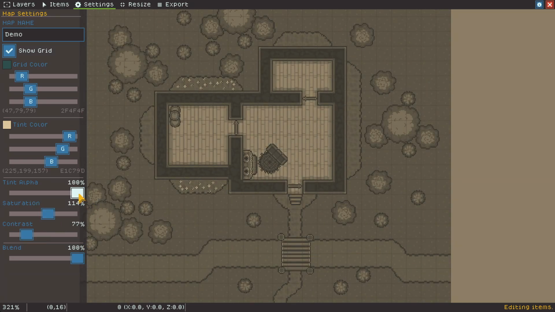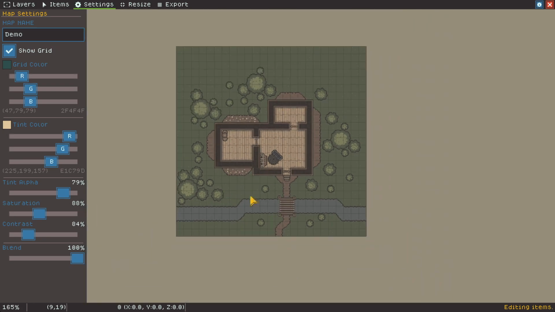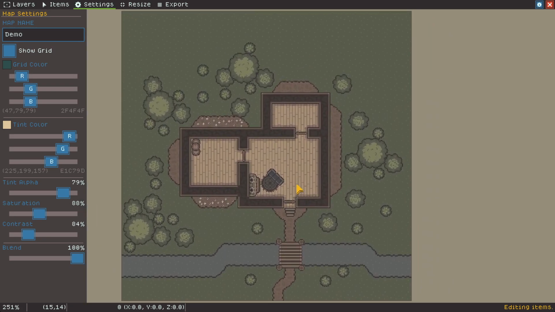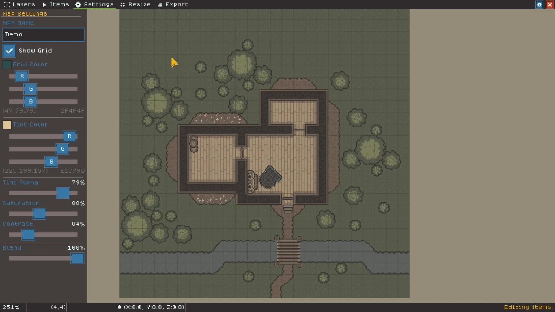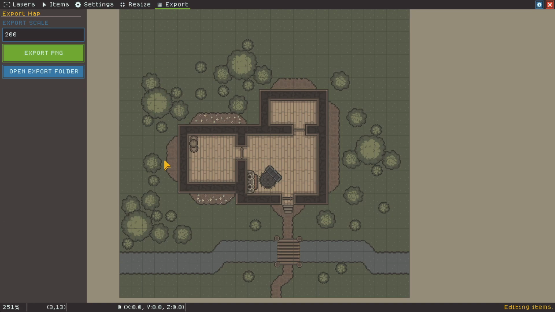fully sepia tone, so I can turn down this tint alpha between 0 and just change the contrast a little bit. You can also turn down the whole blend and mess with the saturation values, so we can desaturate it a little bit, turn the contrast down and add a tint, and that kind of brings all of the colors of the map together. You can also turn the grid on and off,